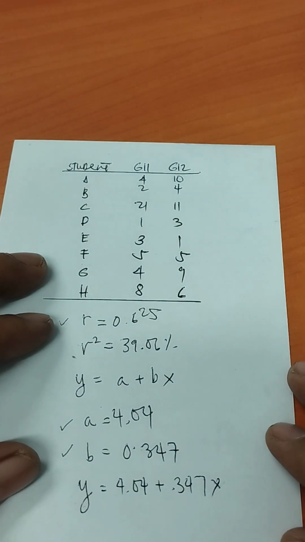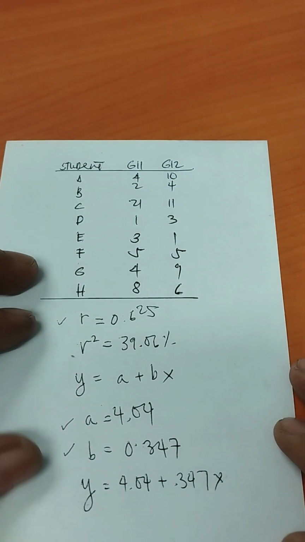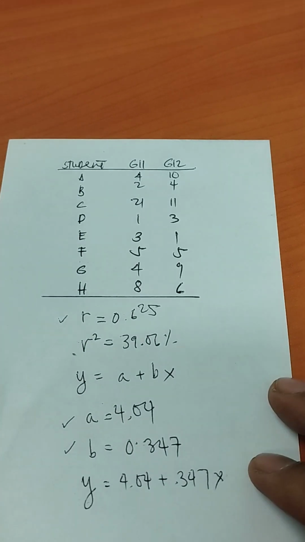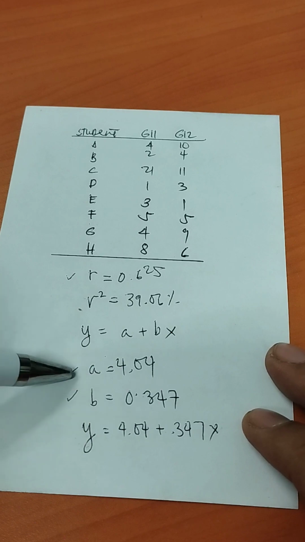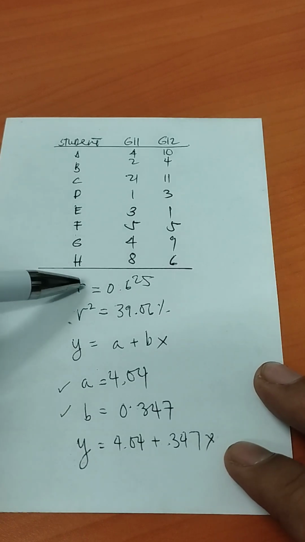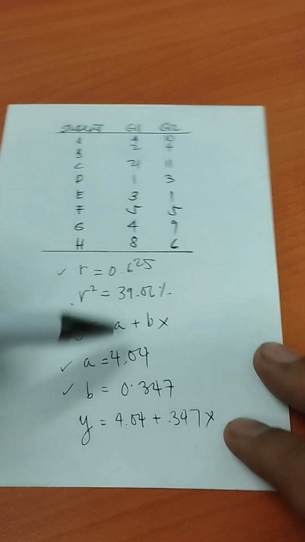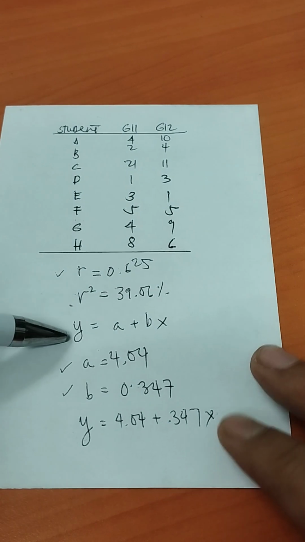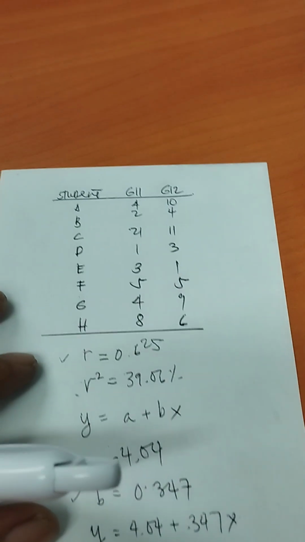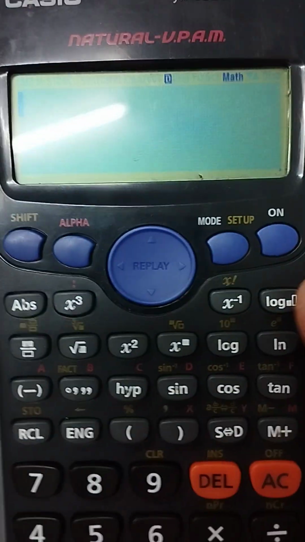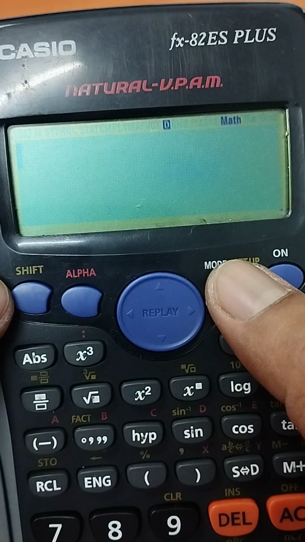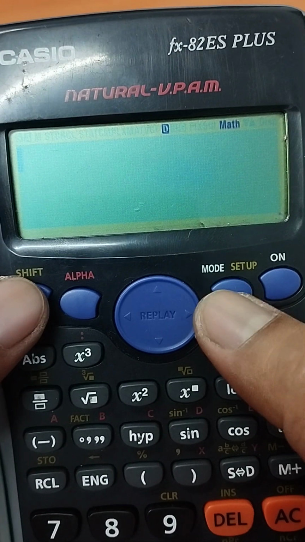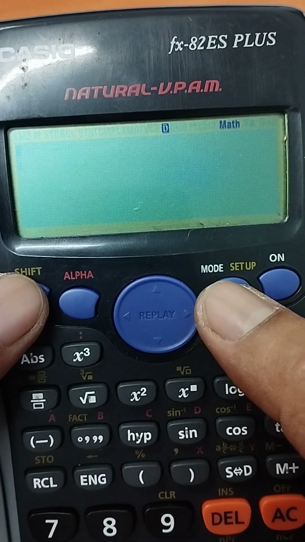So today we shall try to enter the same set of data, hoping that we can obtain R, we can get A, we can get B, for the purpose of getting the correlation coefficient and the regression coefficients for the regression equation. Alright, so what we have to do is make sure that your frequency is off